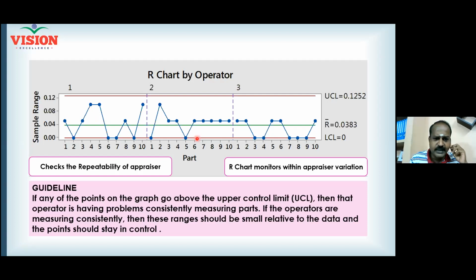And in the same way, operator 2, while measuring part number 2 alone, is experiencing some issue. I don't know why. Do you understand here? Part number 2 alone, he is experiencing an issue. And some of the time you see operator 2 at part number 1, his range is 0. Can you see 0? Can the range be 0? Yes, if it is the true value. Suppose we produce all 3 readings exactly the same, then only the range is 0. It is an ideal situation, but an ideal situation never happens, isn't it? But that is happening in your measurement system.